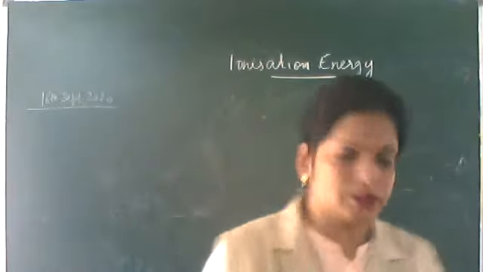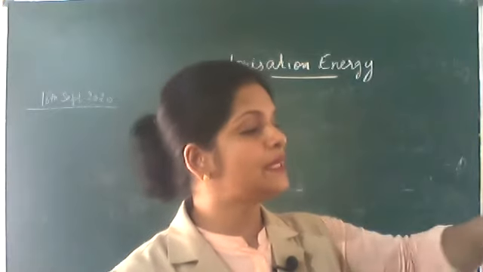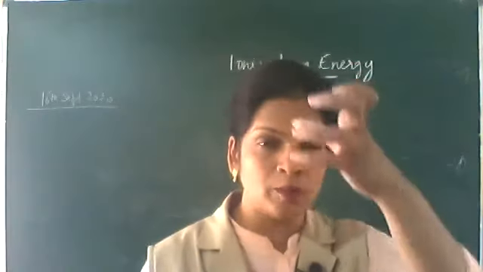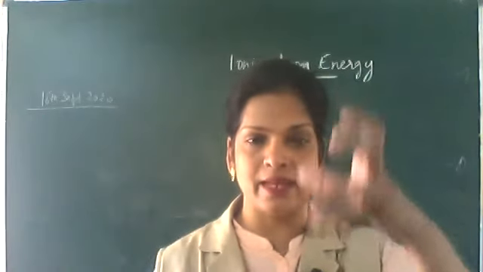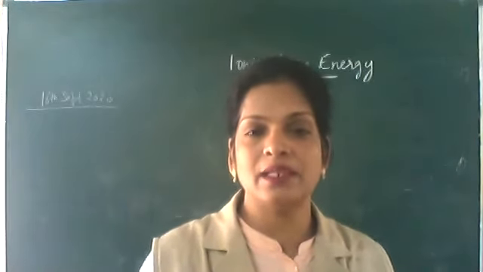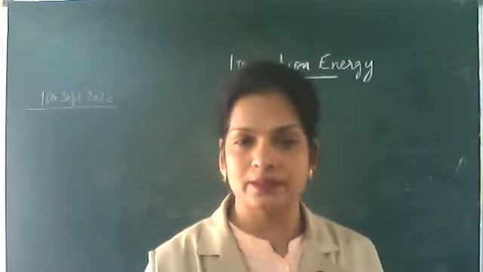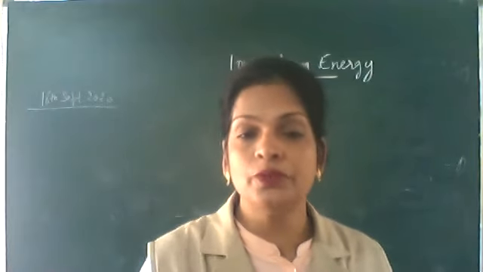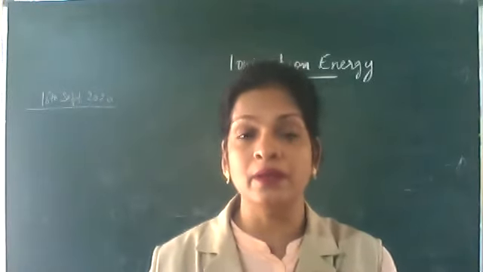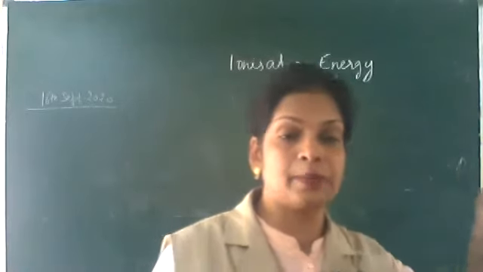Now, if I plot, you know that in a period, the size decreases. That means ionization enthalpy will be increasing in a period. In a group, the number of shells are increasing, atomic size is increasing, atomic radius is increasing. So you are removing the last electron, and as the size is increasing, the last electron is not attracted by the nucleus as you go down the group. So it is very easy to remove that last electron. So in a group, ionization enthalpy decreases. In a period, the ionization enthalpy increases.